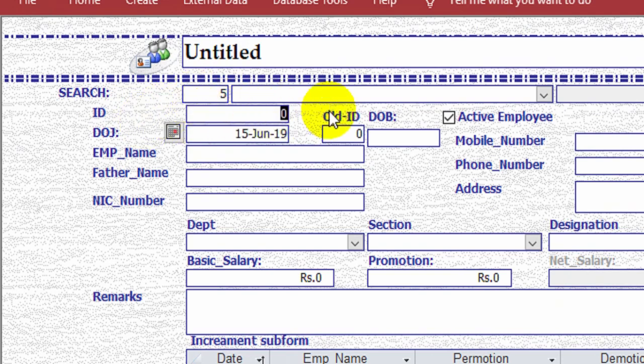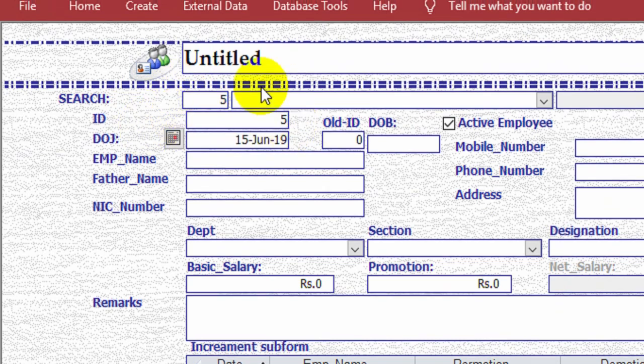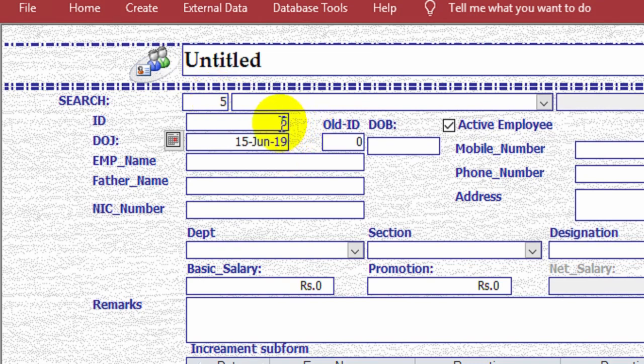You can just write the employee ID from over here with some prefix or suffix. You can use ABC like this, and here you will add the employee name, like Sajid, like this. Here you will add an IC number and old ID, if you have, you can write over here.